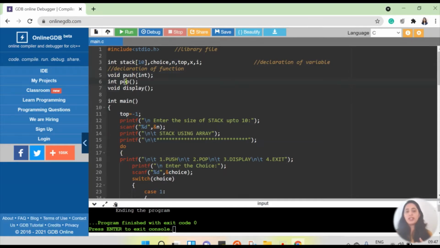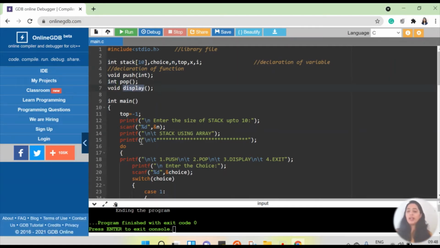Now coming to the pop function. This is a function name given by me. I can give any function name, so I can say pop1, pop2, whatever I want. The pop function is not taking any input, so when there is no input, we simply write opening and closing round brackets. Why am I not taking any input in the pop function? Because the pop function's job is to remove the topmost element from the stack and give it to you as output. So the pop is not taking any input, but it is giving one output, and that output is of type integer. We can see that in this declaration.